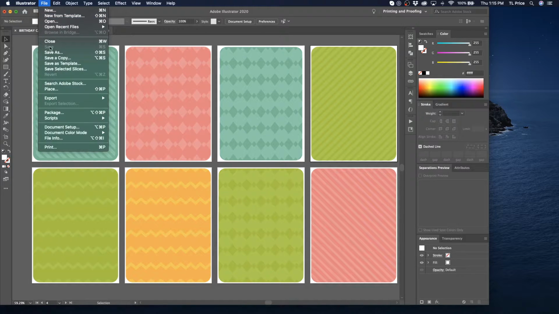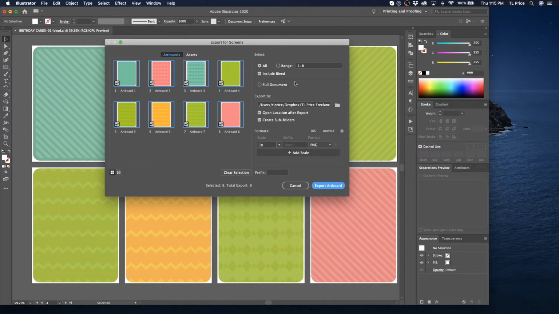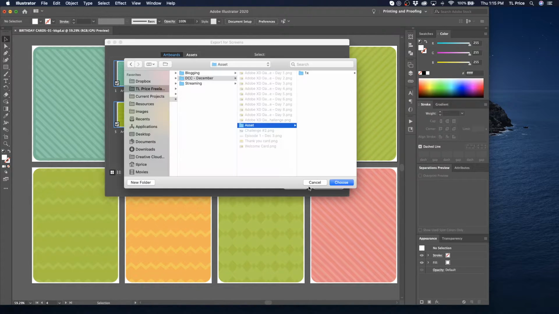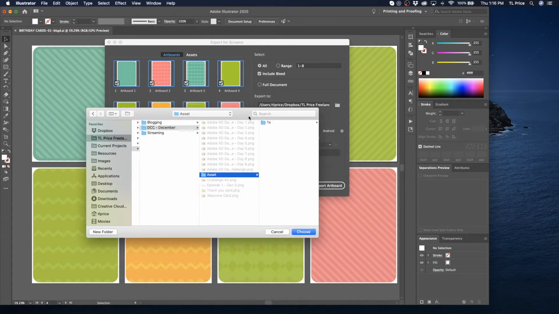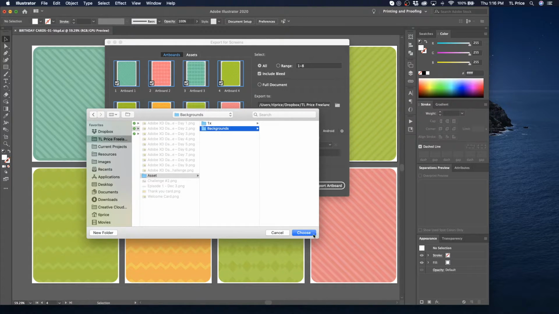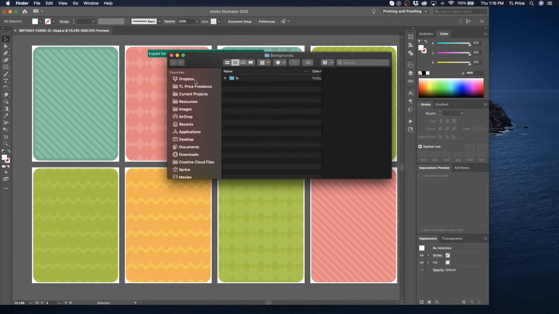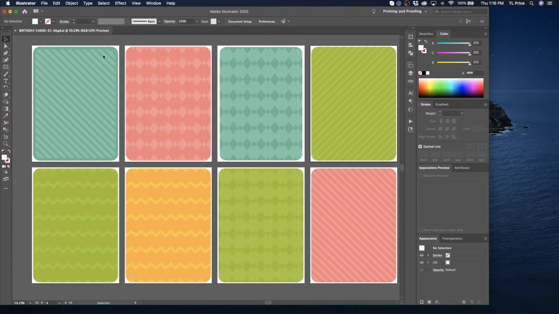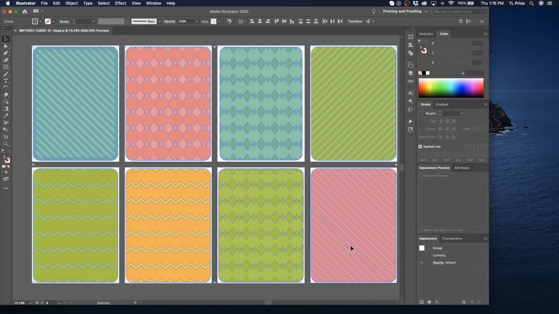And now I'm going to export again for screens. We're going to create a new subfolder for backgrounds. Great. Let's just do that. Then we're going to export the artboards. And you know what? I actually wanted to, let's just select all of this. And